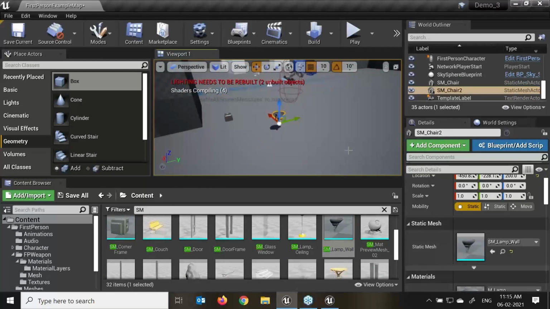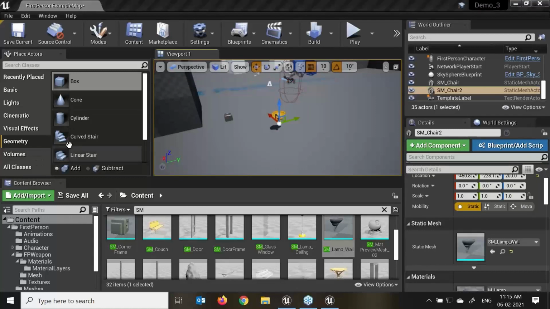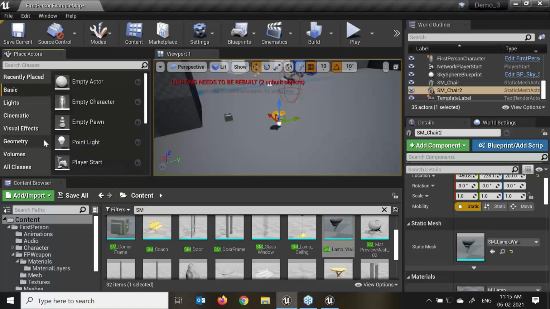Correct? Now when we talk about the skeletal mesh, we can animate individual parts of the mesh, right? When we talk about the difference between the static mesh and the skeletal geometry, in a static mesh we can't do animations.